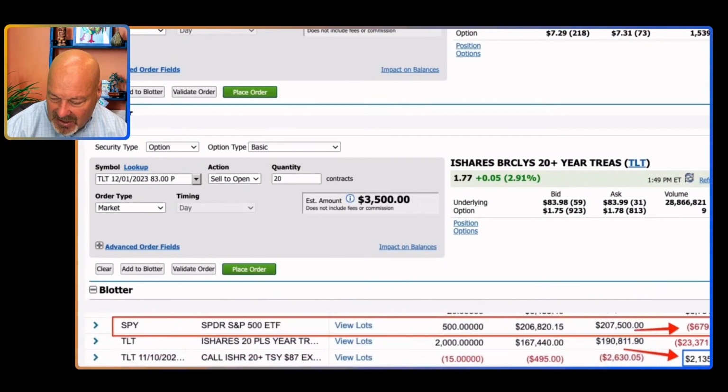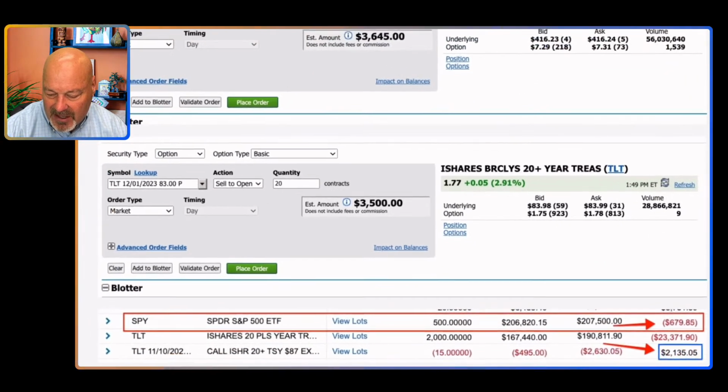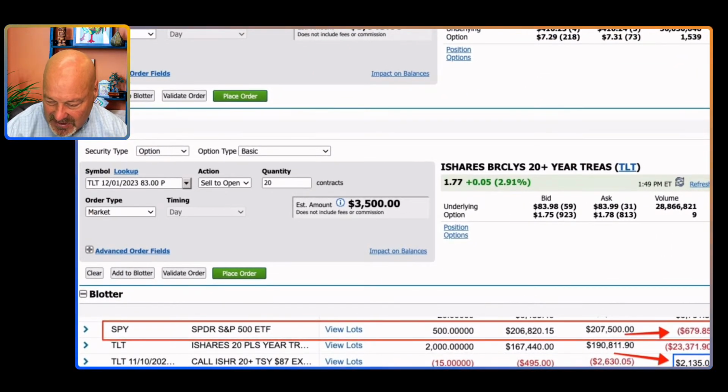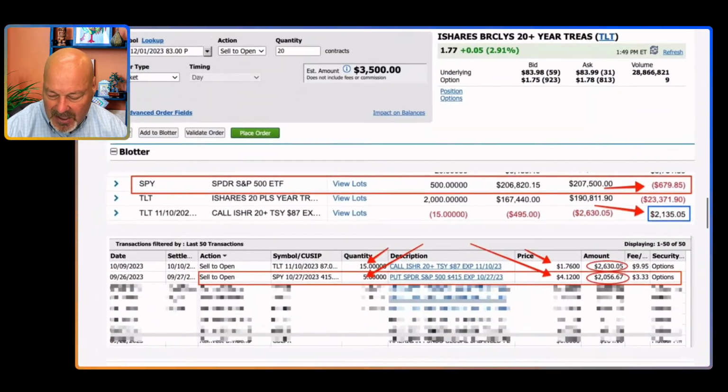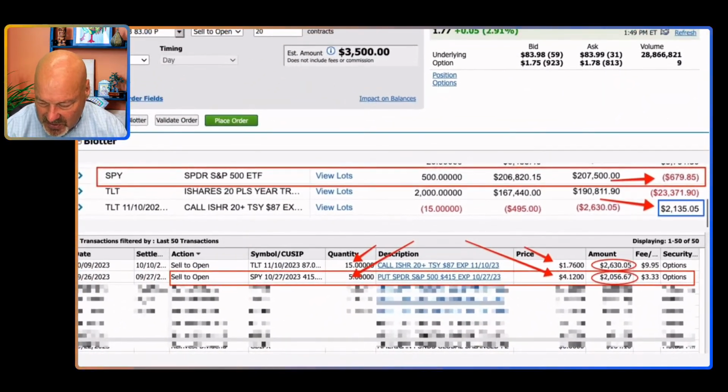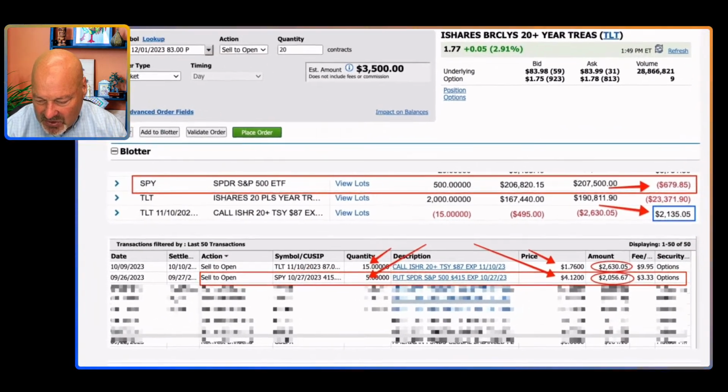Now this is the TLT, which is basically a 20-year bond. And if we sold a put on it today, if we sold 20 of them, that would represent 2,000 shares of TLT. You'd have gotten paid $3,500 in premium. Now I wanted to just show you, this is what it looks like. So we sold